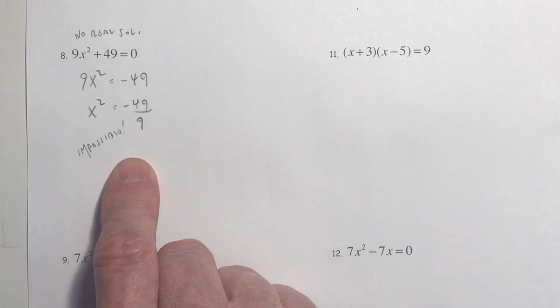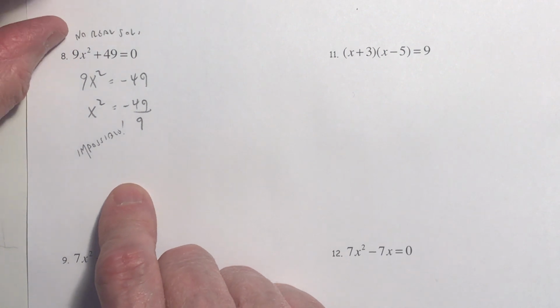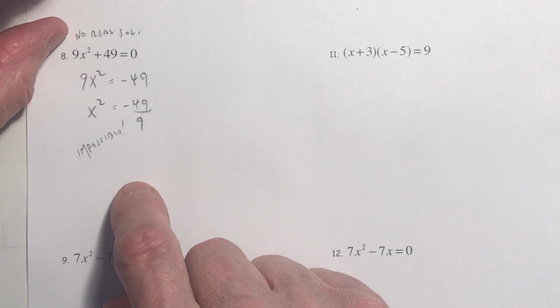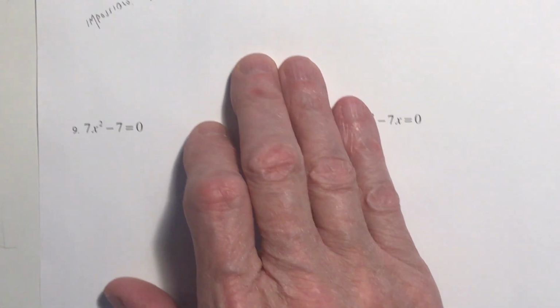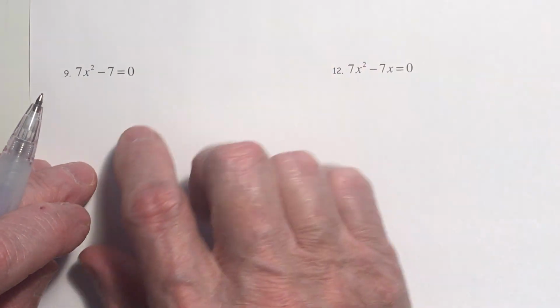Okay, for that you need an imaginary number, which is something we don't study until about 3 courses up the road. We don't do them in 1075 anymore either. Okay,